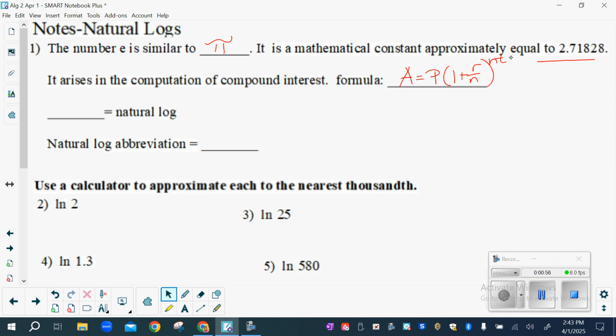Do you know what compound interest is? It's interest that builds up. You heard of it? Is compound interest good? Yes, it is good. If you have money in a savings account, most assuredly you're getting compound